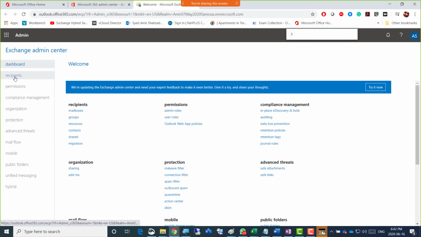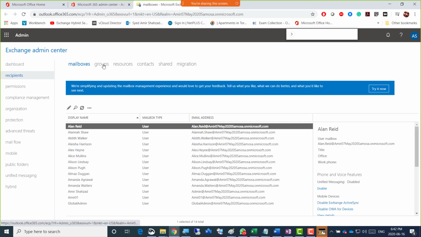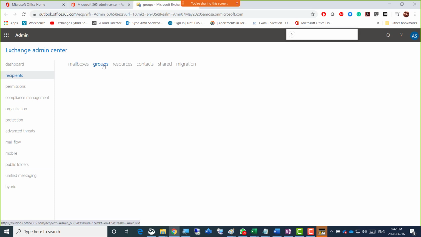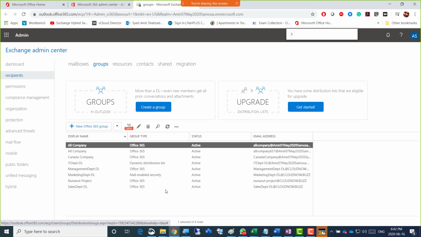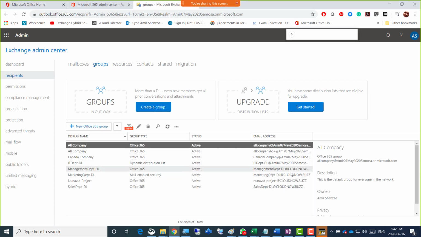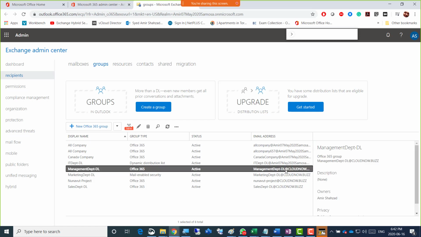So anyway, recipients and groups. And then resources, we have to check the resources, guys. So the DL is not changed actually. The management DL here is still cloud.buzz.